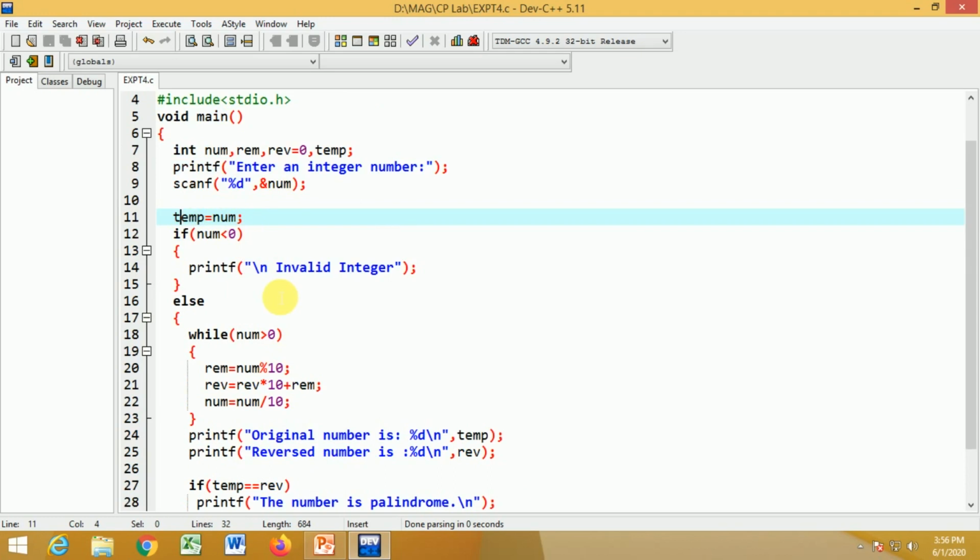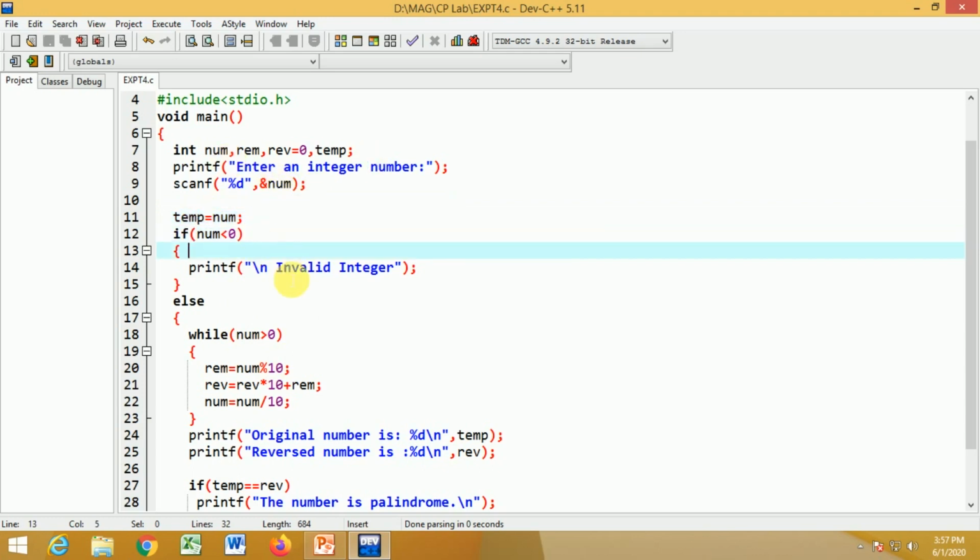But at the end, to check whether the number is palindrome or not, we need to have the original number and the reverse number with us. So that's why before you start the actual operation, we take a copy of the original number into a temporary variable, that is temp equal to num. The original number num is stored into the variable temp.